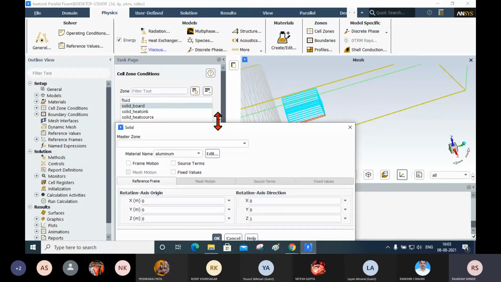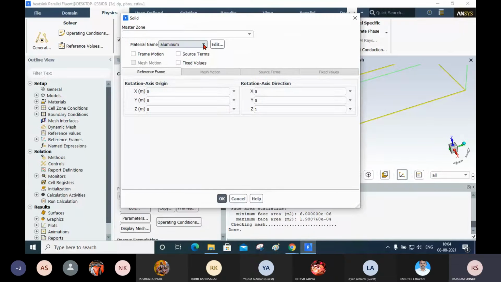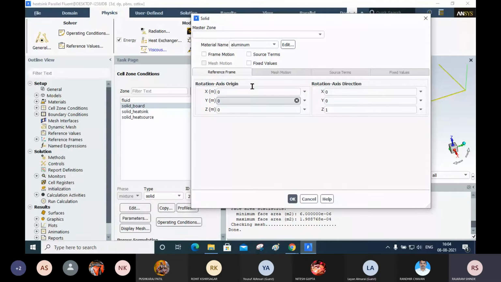Now after doing this, now you select the material here. Now we have defined a solid board, and here you have to define the material. Now what type of material here? Solid board, you have FR4. Okay, that means this solid board, which is represented by its name convention, is made up of FR4. Okay, click OK here.